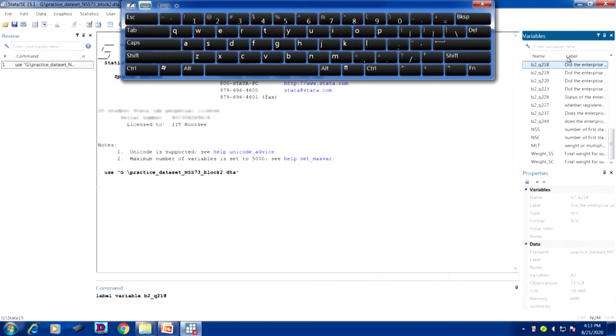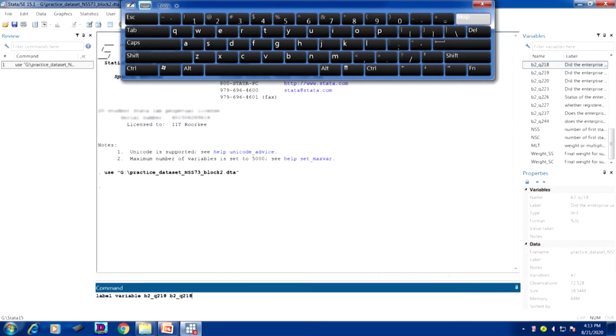Now I will add a space, and within double inverted commas I will write in my own comfortable wording so that I can easily understand. Since the label is such a big sentence, I will write computer 365 days.